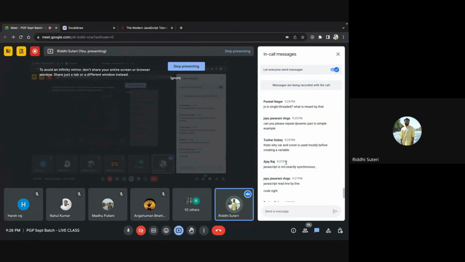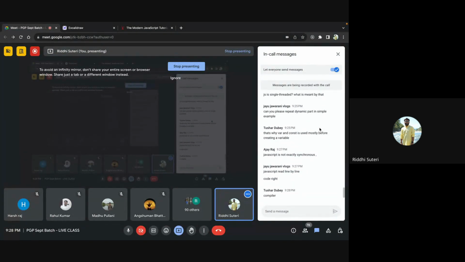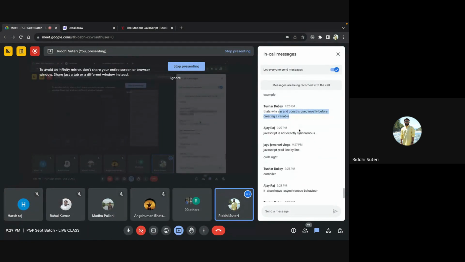See, the dynamic part of dynamic programming is very simple. It means that you don't need to tell the type of the data before working on it. You can just use keywords like var, let, and const, and you don't need to specify. If it is an integer, I have to write int in front; if it is a double, I have to write double, or anything like that. You can just go around without even defining a data type. That's why we use var, let, and const. More discussion about var, let, and const will definitely be done later, and we'll also be talking about how you define variables here.